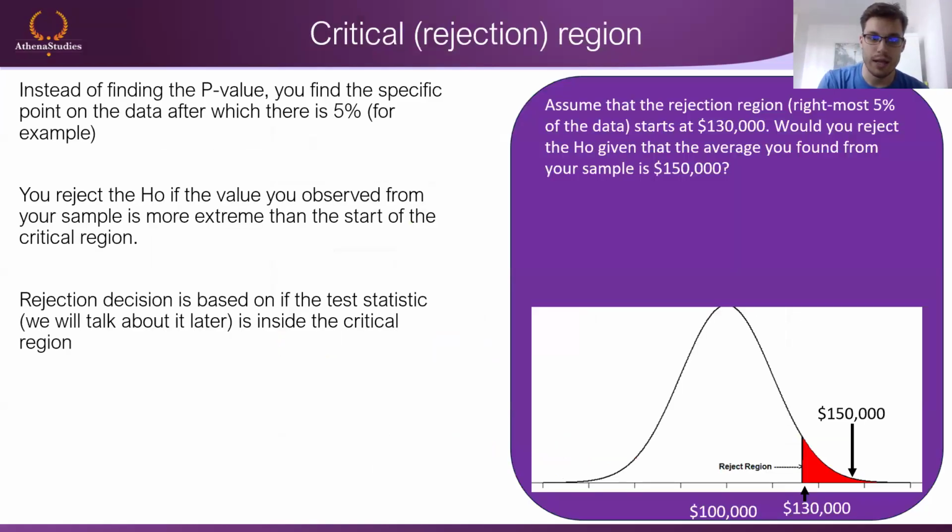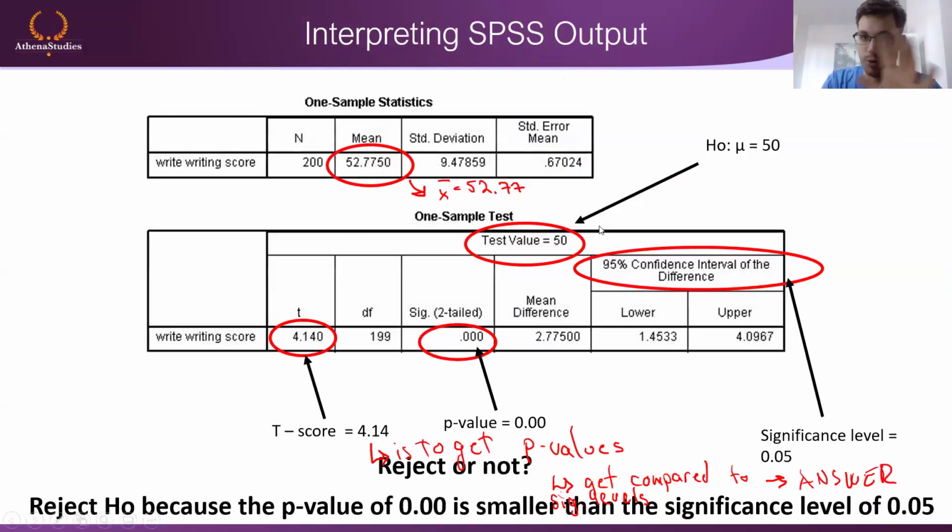This is basically what we just talked about. Instead of finding the p-value, we can basically find the specific value for which the p-value would be 5% after it. But honestly, let's do a quick break for now, because I want to revisit this and talk about it a bit more, and I want to give you guys a moment to catch your breath. So let's take 5 and then come back and continue with this.